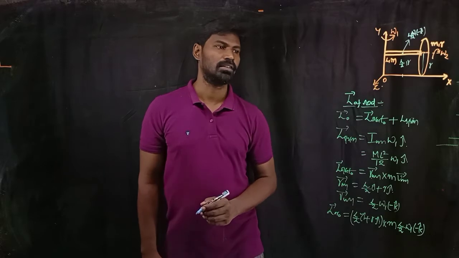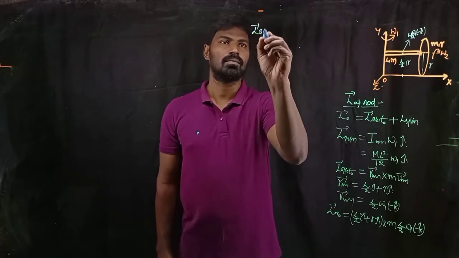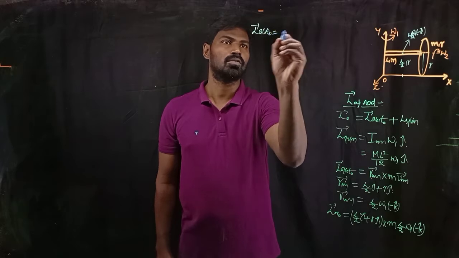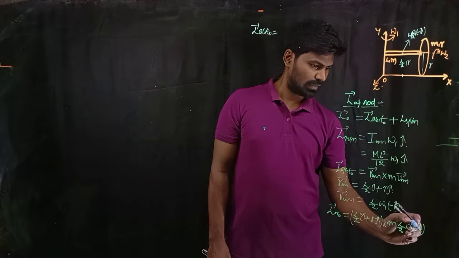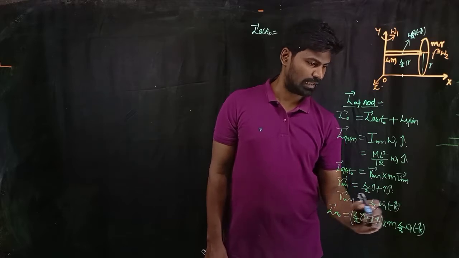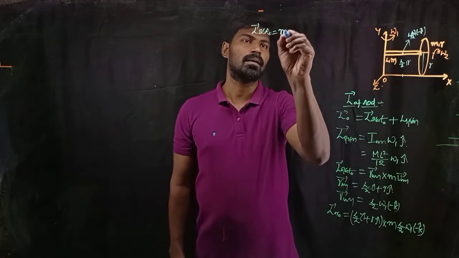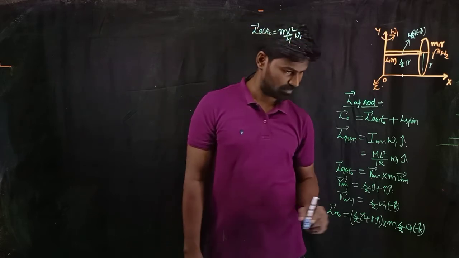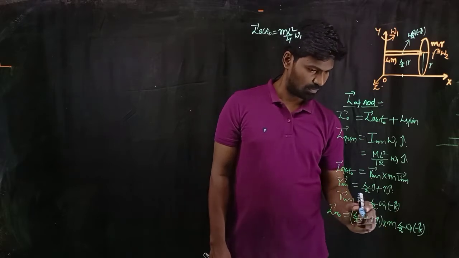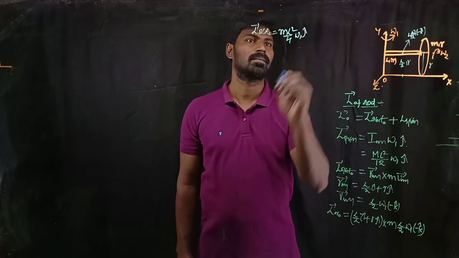So if you simplify this, we will be getting the value of L bar orbit about O is equal to, how much are you going to get here? I cross k. K cross i is j. I cross k is minus j. Minus into minus plus. So m L square divided by 4 omega 1 into, this is how much? i cross k is minus j, minus into minus, plus j.